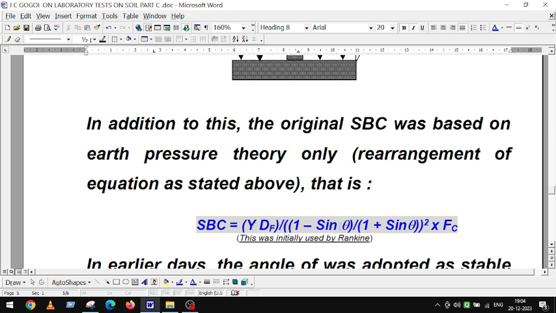When we consider this angle of repose as 0, then it will be a floating foundation. The soil will be floating, because already we replace the same weight of material which we excavated from the